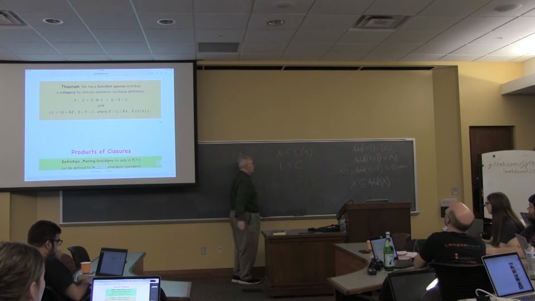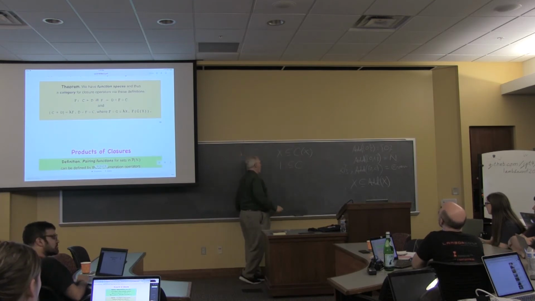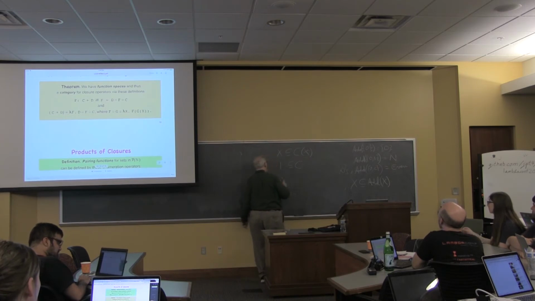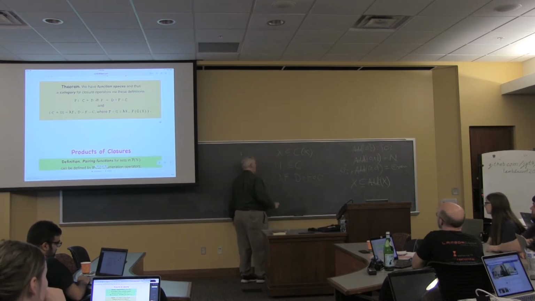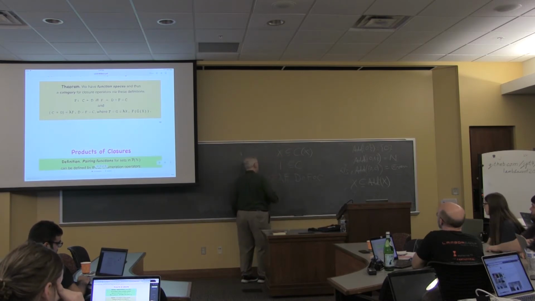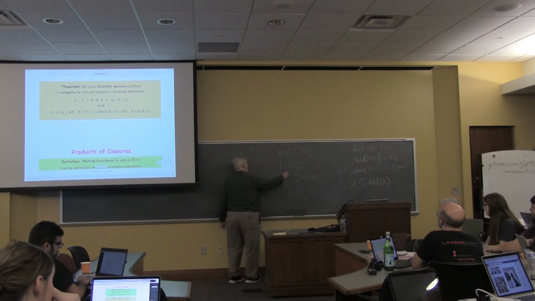We're only working with continuous closure operators here, okay? And so if we take lambda f of D composed with f, and it's associative, composed with C, okay, then we can argue algebraically by monotonicity that I could